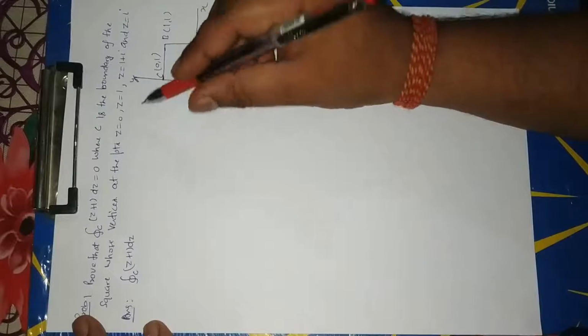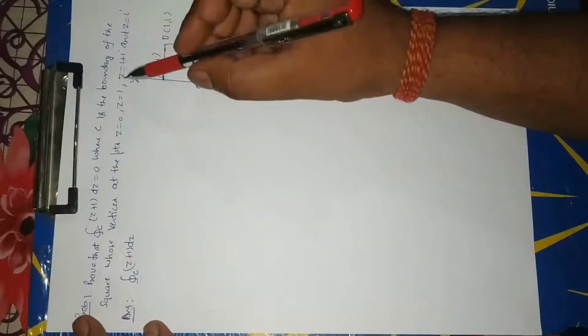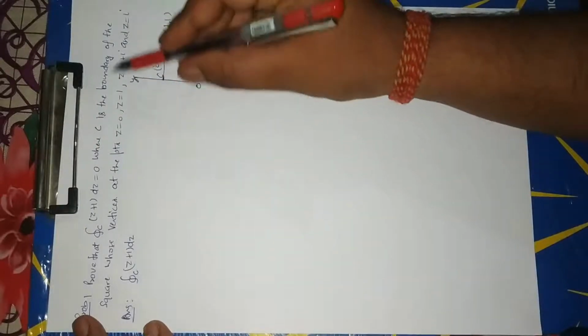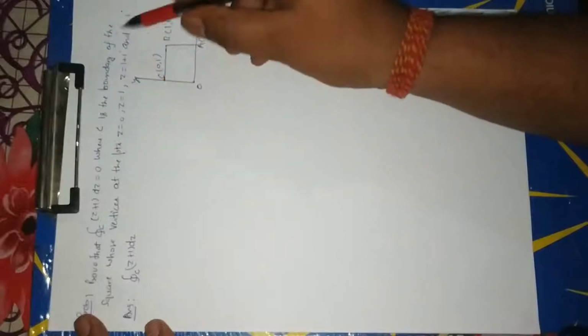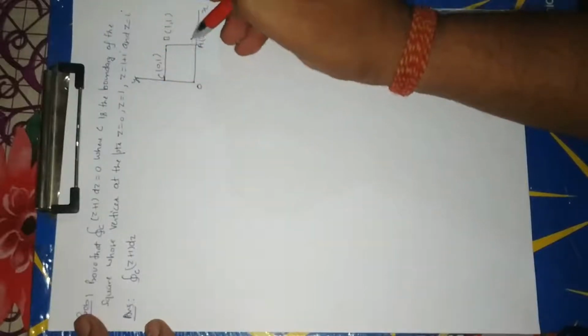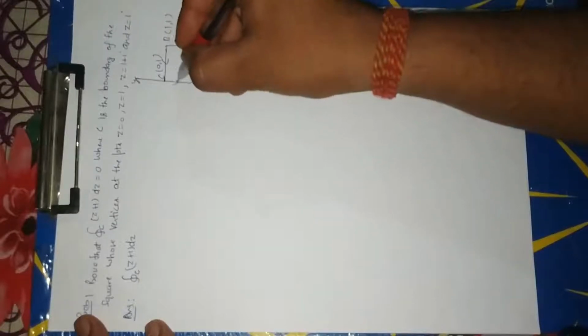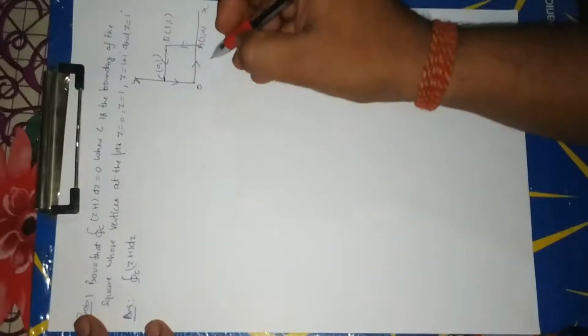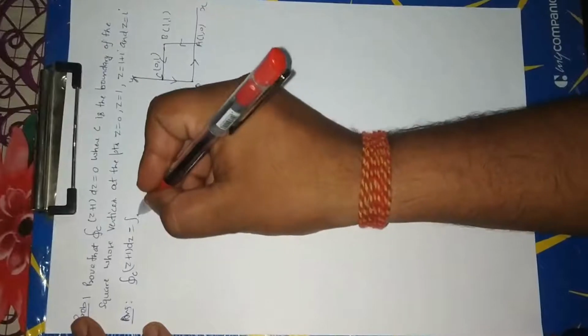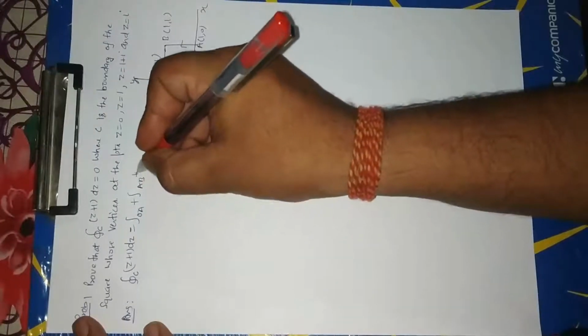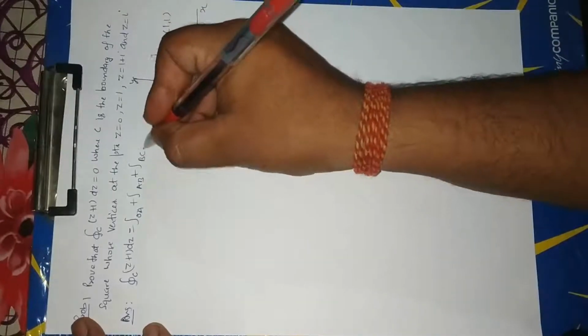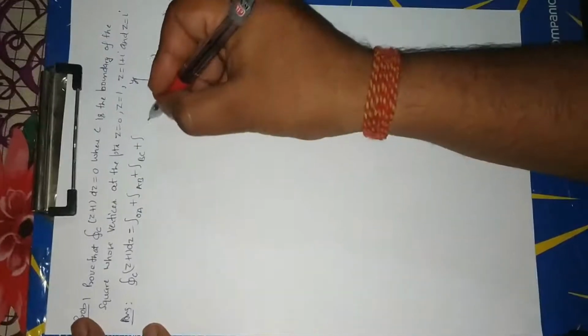Therefore, these are the given vertices of the square. Now, the integration over the contour is the sum of the integrations over OA plus AB plus BC plus CO